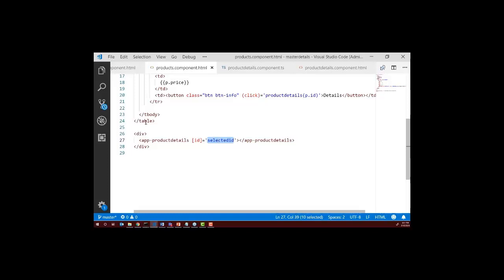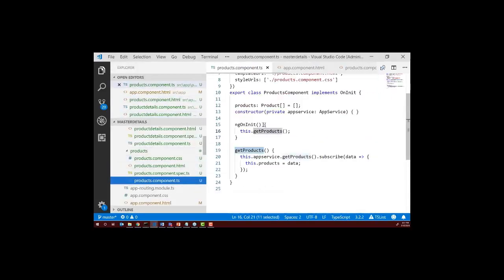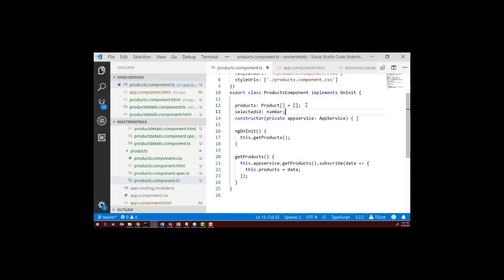Now we need to work with selected ID, and for that open product.component.ts. In product.component.ts, let us go ahead and create a variable called selected ID. So here in product.component.ts, open that and put this selected ID as number. Okay, and also if you look here,